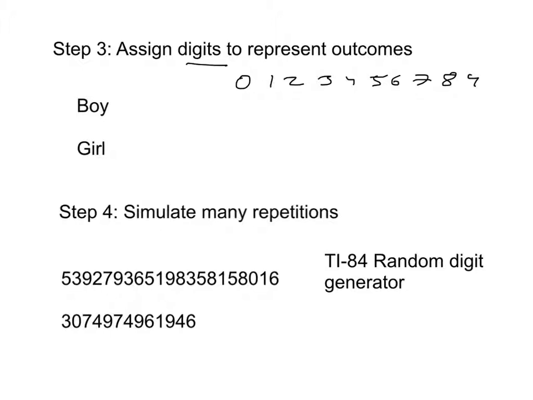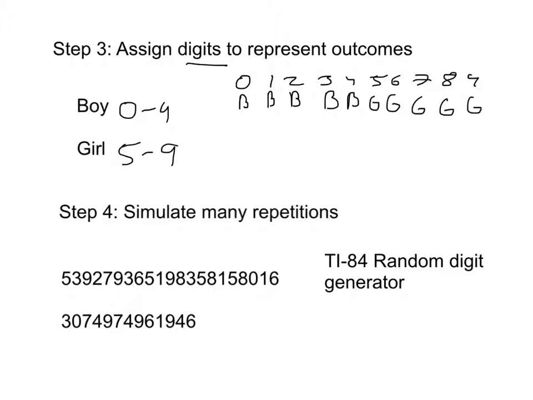So let's say these first five are boy, and these last five are girl. So numbers 0 through 4 are going to represent a boy, and numbers 5 through 9 are going to represent